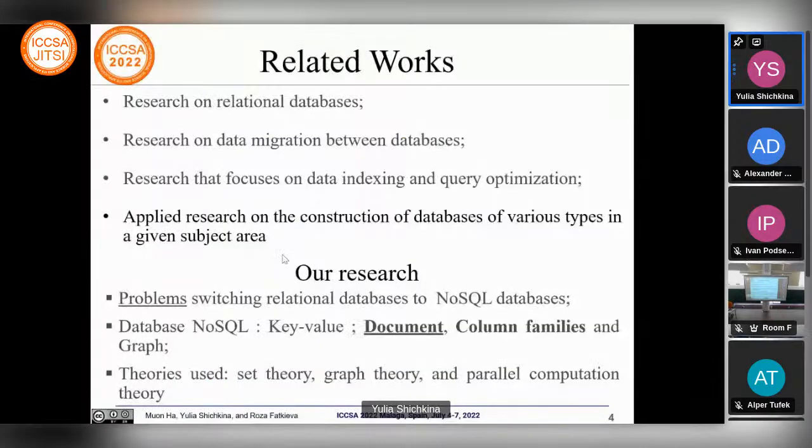volume, and this can lead to negative effect. And the second direction is using data indexing and query optimization. And the fourth direction is related with optimization of